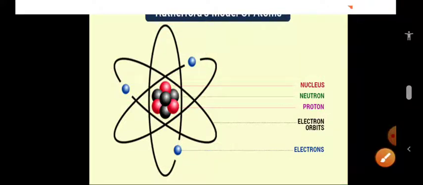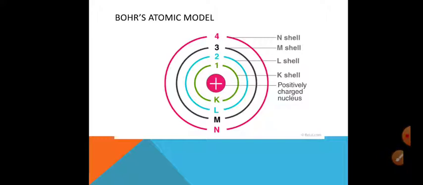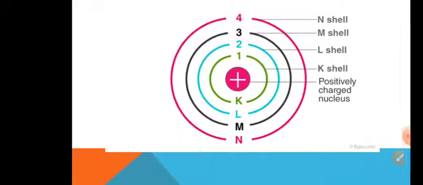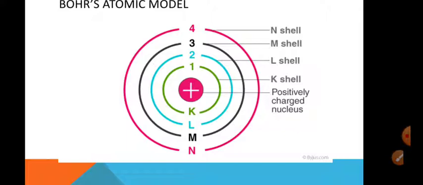So to rectify Rutherford's atomic model, the next model was proposed, that is Niels Bohr's atomic model. And this is a perfect model which rectified the mistakes that were committed by Rutherford. In Niels Bohr's atomic model, Niels Bohr told that the electrons will not radiate energy by themselves. So they will not lose any energy, so they will not fall down into the nucleus, so that the atom will be stable.